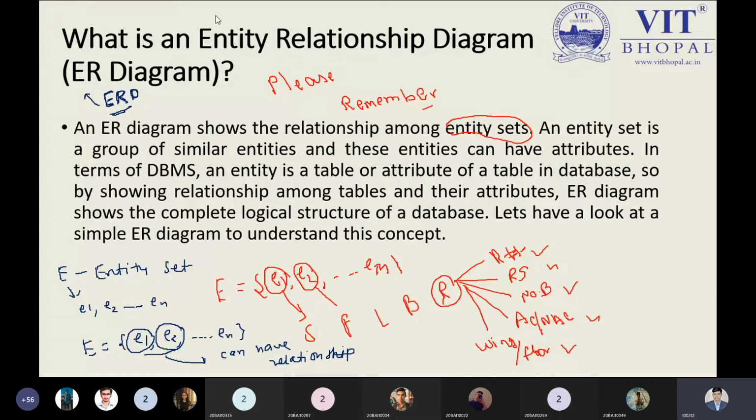So in the ER model, the entity relationship data model, we represent our information in the form of the entity relationship diagram. While in the case of the relational model, we represent our information in the form of tables, nothing else. So as the name suggests, the entity relationship diagram shows the relationship among the entity sets. Please remember, we have already discussed this point. An entity set is a group of small entities, and these entities can have attributes,